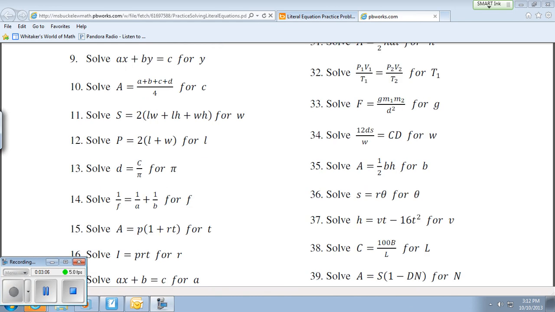All right, number 9 is asking us to solve for y for ax plus by equals c. So we need to solve for the y right here. We need to isolate it. So let's do step by step. What do we need to do to get rid of everything else on that side, that plus ax and that multiply by b? So we're going to take care of the ax first. We're going to subtract ax from both sides. And I'm left so far now, I've got by on one side, and I have c minus ax